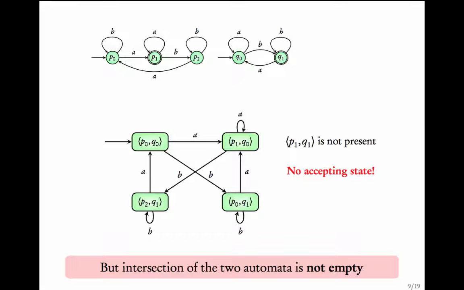But we know that the intersection of these two automata is not the empty language. There is at least one word. So this kind of a simple synchronous product will not give the intersection. What we should be doing is that we should try to take a product and we should track the accepting states of both the automata. We should be able to say that on this word, both the automata would have visited accepting states infinitely often.